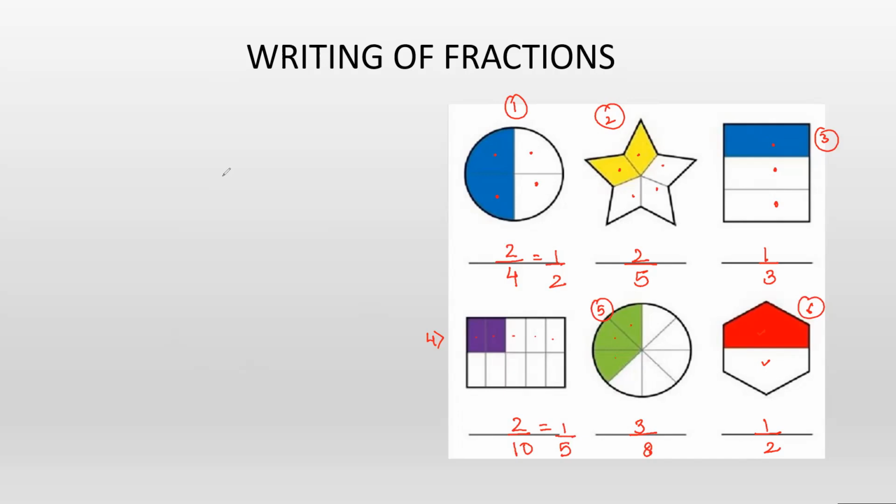So it becomes 1 by 2. Hence, we get that fractions are what? They are in the form of p by q, which represents a part of a whole. So together, when we combine them, they become a whole. So I hope now what fractions are and how we write fractions is clear through this video.